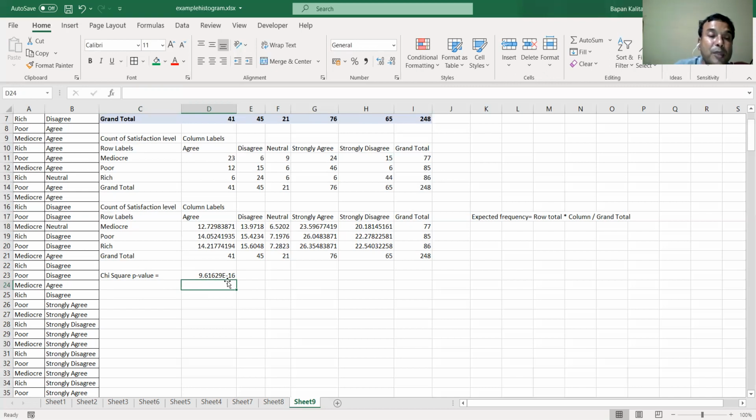This p-value, as you know, is a very small value. If you want to see, this value will be like what? I can write it here.